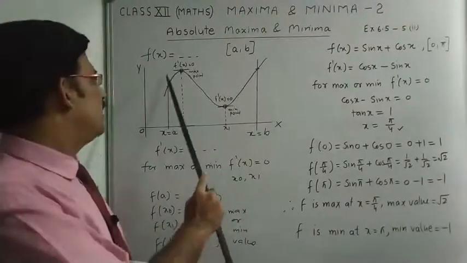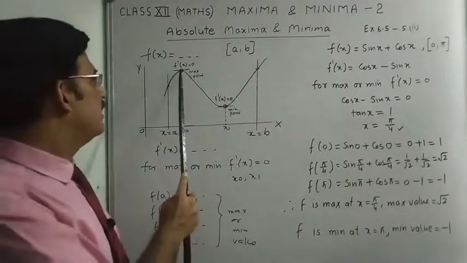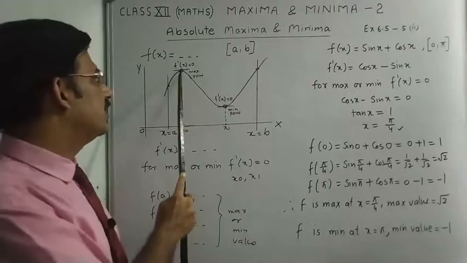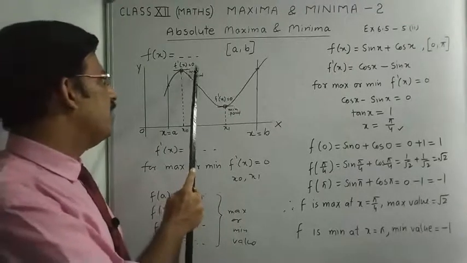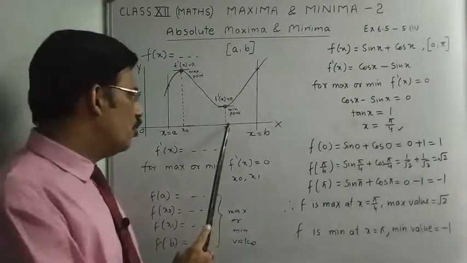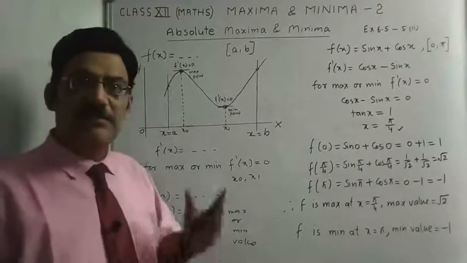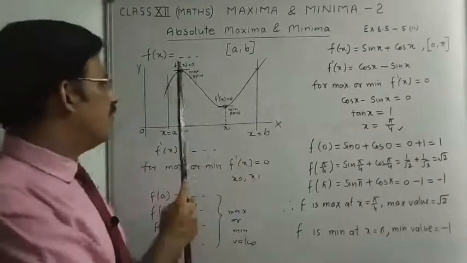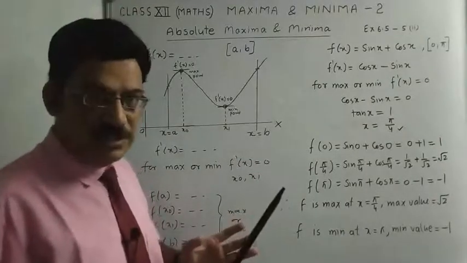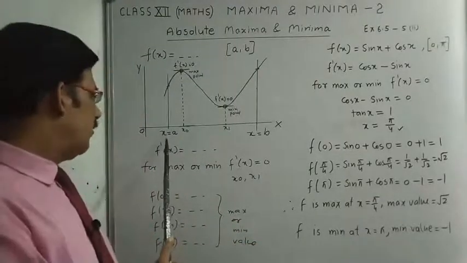Let us suppose this is the graph of the given function. Now you can see this is a maximum point because the function is increasing and then decreasing, this is called a turning point, and it is also a maximum point. And this is the minimum point because the height is lowest, and at this point the height is highest, that is the maximum. So this is the maximum point, this is the minimum point, and both are turning points as you studied in increasing and decreasing. And these two are the points a and b.